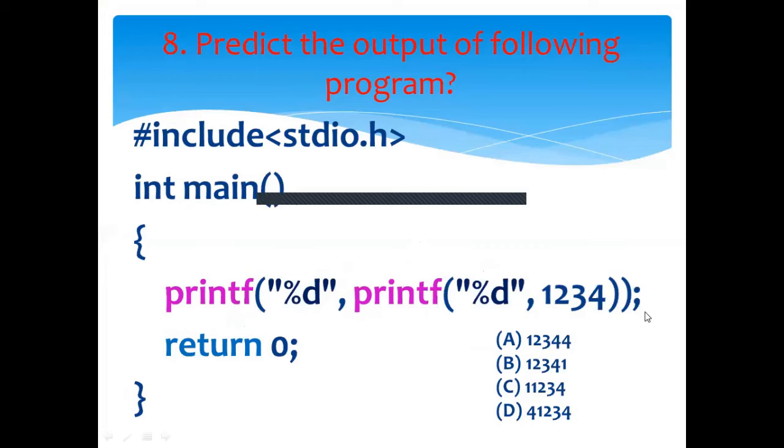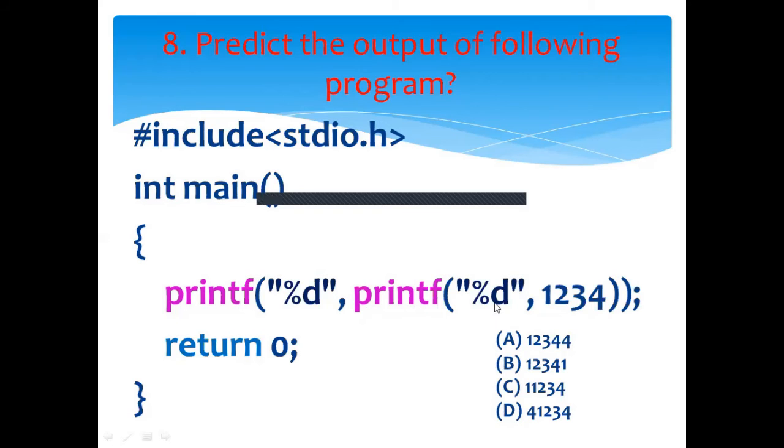A printf inside is basically a function call. We are calling this function, whose definition is found in stdio.h. As I told you in the previous program, these are similar to the previous program. Printf always prints the number of characters within that. So here, the inner printf prints 1, 2, 3, 4. Always the inner printf runs first and then the outer printf will be executed.